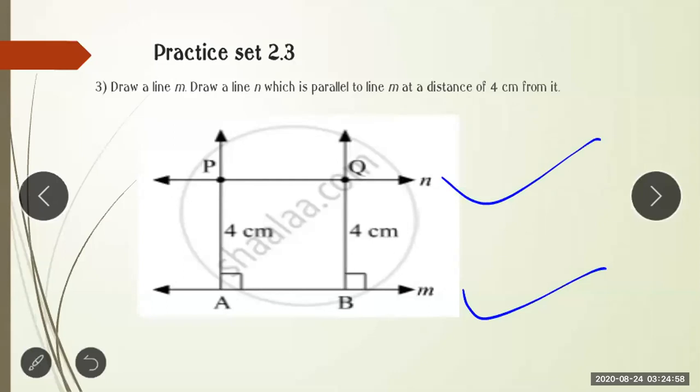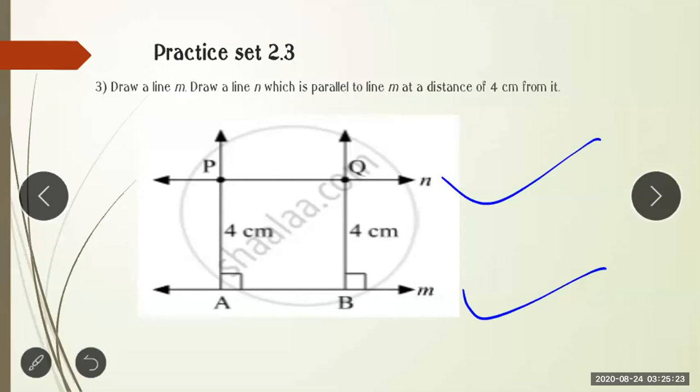You will construct this with the help of the geometry box, not with a simple thing. So if you want to make it now, you will draw like this only. Each and everything should be done with a geometry box. Whenever there is checking time, I will take my geometry box and measure the things you have constructed. So I hope you people have understood all the things.